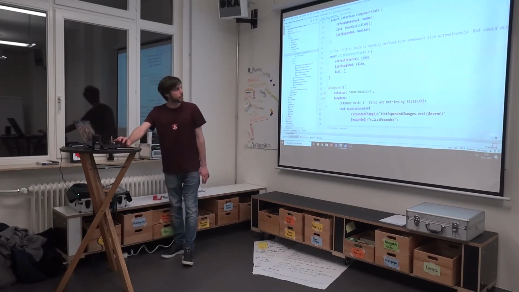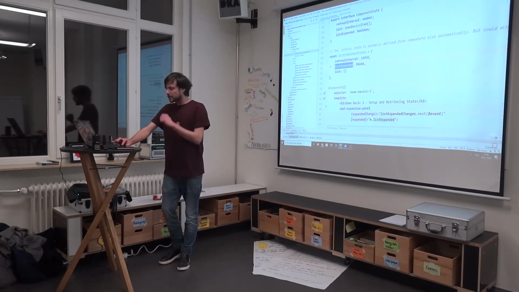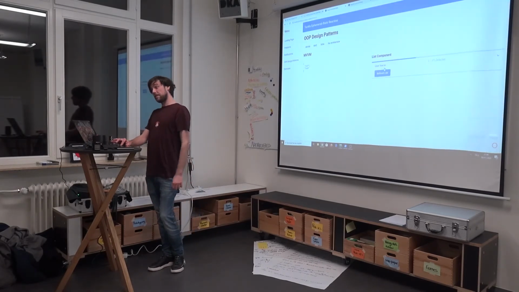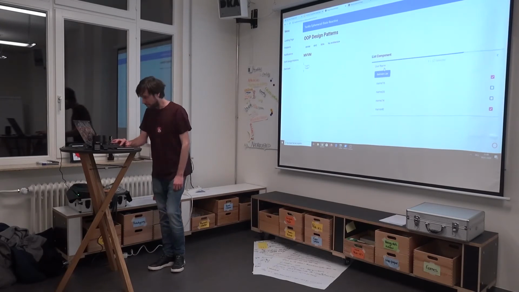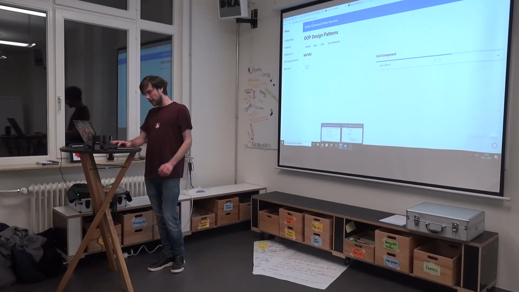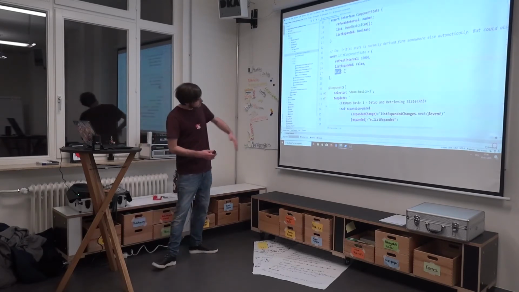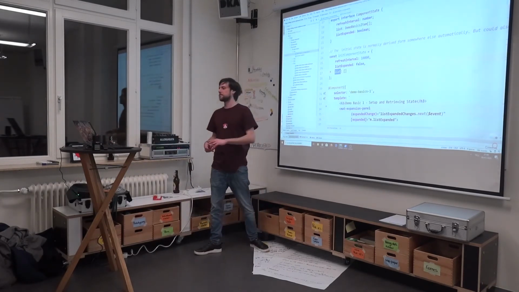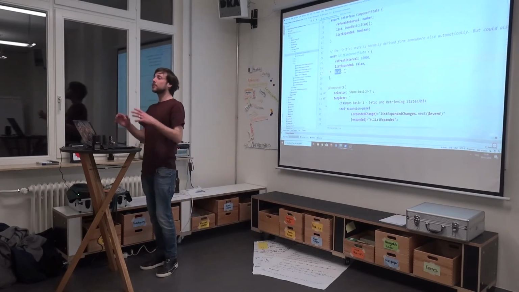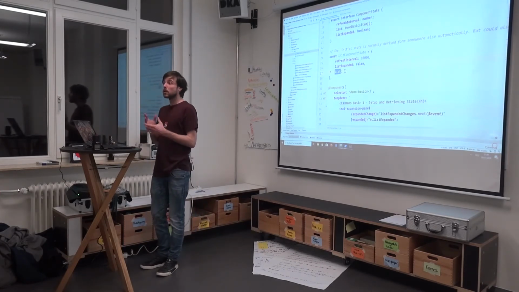I have list expanded. This, I didn't show you. So the list can be expanded, collapsed, whatever. And this is also some state that I manage. And then I have the list itself, an array of entities. And I want to introduce my local state management in a reactive way, because